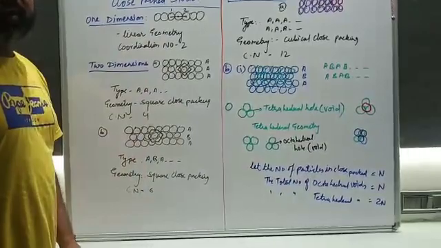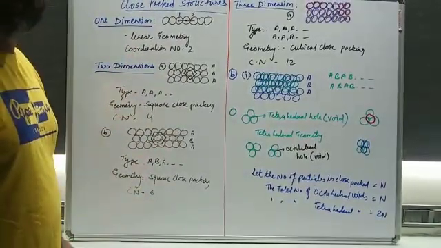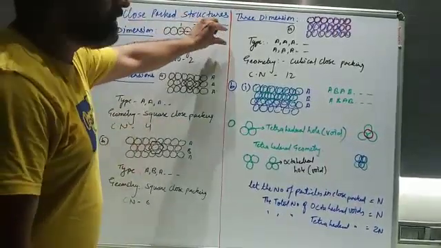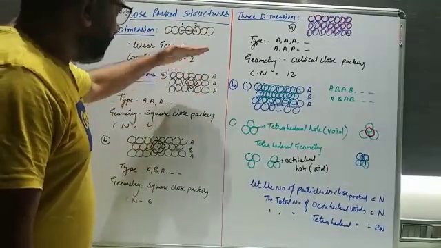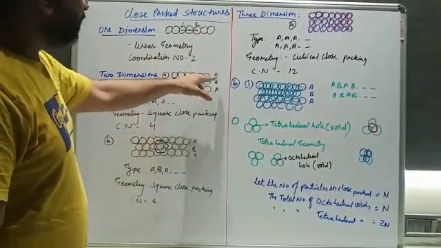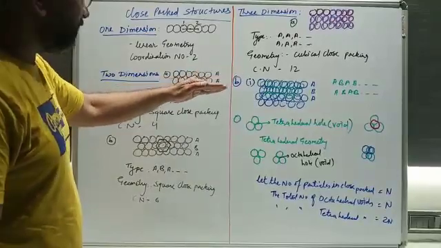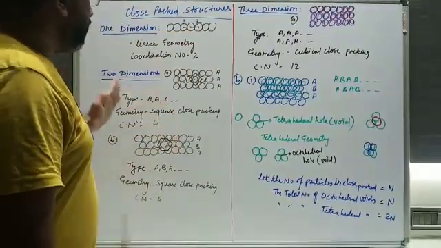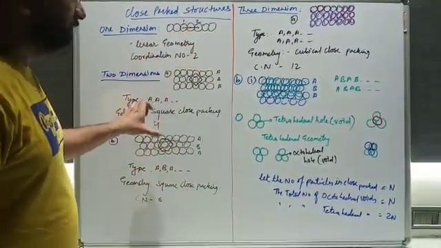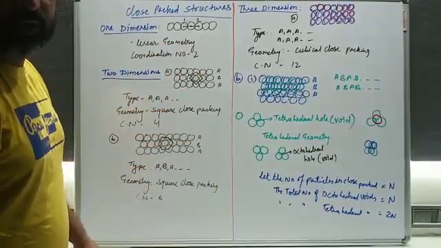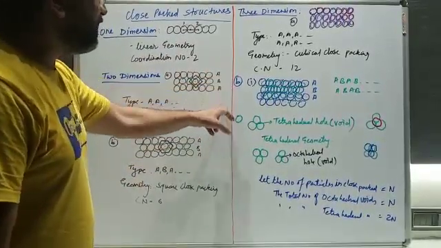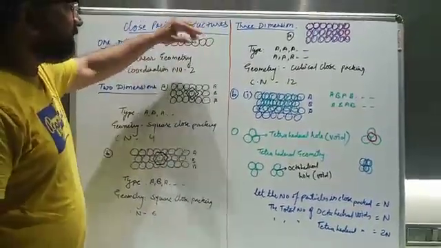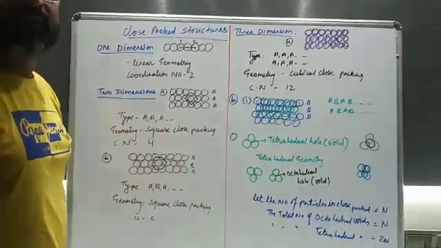If you talk about 2 dimensions, okay, 2 dimensions will give rise to 2 types of geometry. So let's discuss what is there. Suppose I have taken that whole line, and taken the whole line in 2-3 rows. Okay, so here 1 2 3 4 5 6 7, 1 2 3 4 5 6 7, 1 2 3 4 5 6 7. Okay, and all are coming in the same line. So from this side also, from top to bottom, or from bottom to top, in all cases you will see that the number of particles is equal. Is it clear? So this is giving rise to the AAA type of arrangement. What type of arrangement? That is AA type of arrangement. The similar geometry is there, but it is taken in 2-3 lines. So that is why it is called 2 dimension.